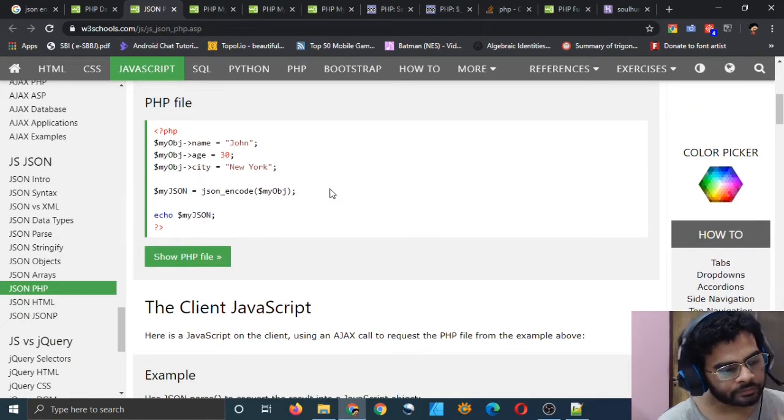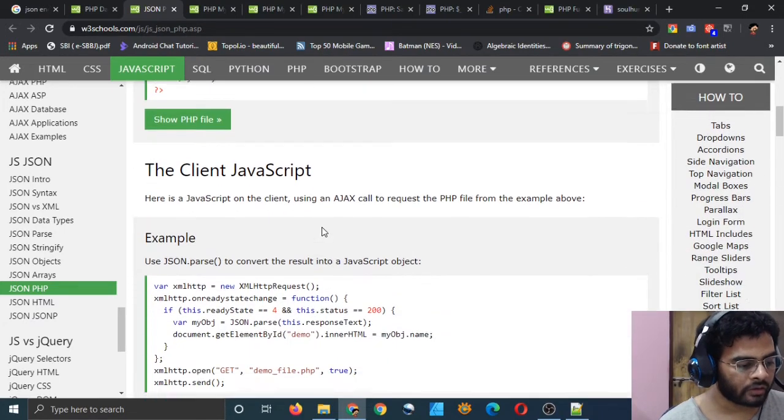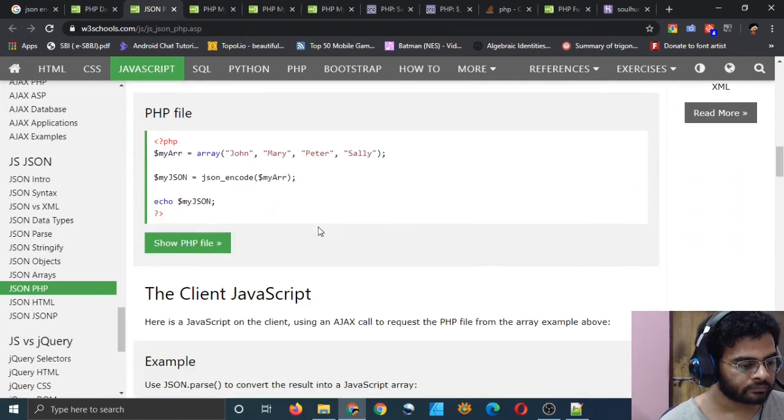You can create a response variable, and within the response variable you can type a name field as something, and like that you can send all the variables back to the user, or take the variables from the user. Or you can make an array.